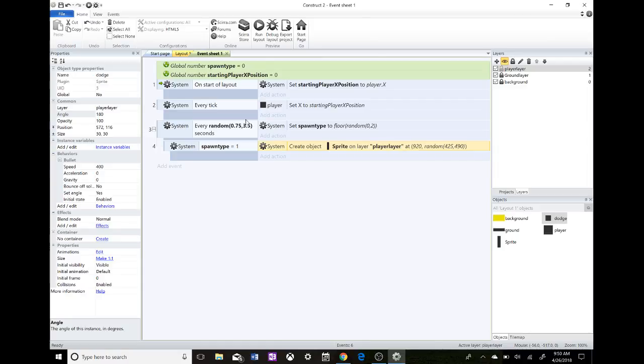All right. Next, we're gonna add in another sub event. What's the X and Y? The X is 920 because then you're gonna be spawning it off screen, and then the Y is